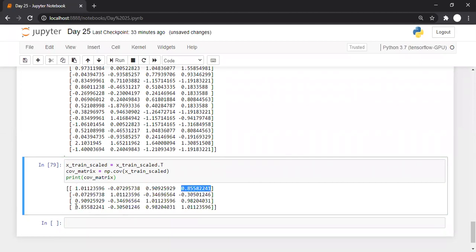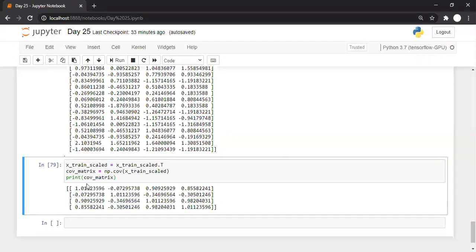Similarly, the third feature and zeroth feature covariance is the same, so this value and this value are the same. Likewise for the zeroth and second features. This means we can calculate only the first half, and the second half is a replica.